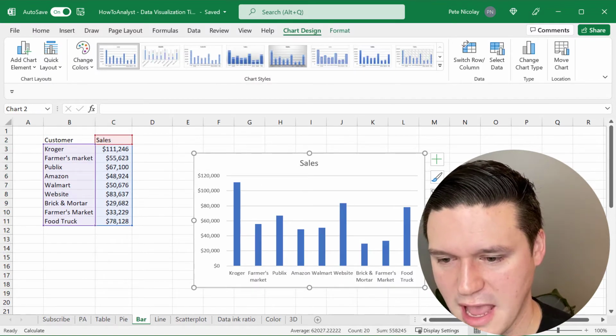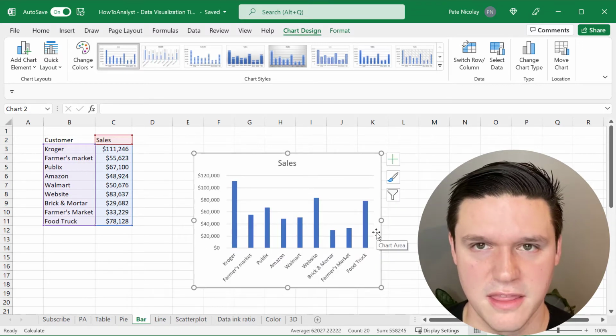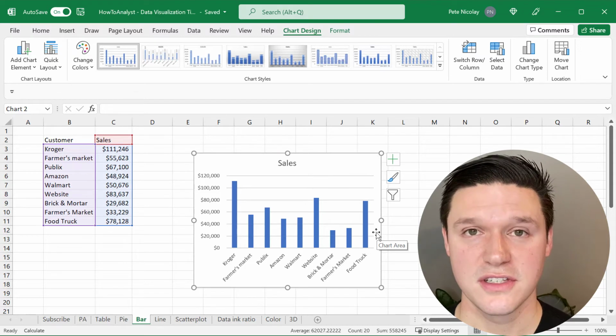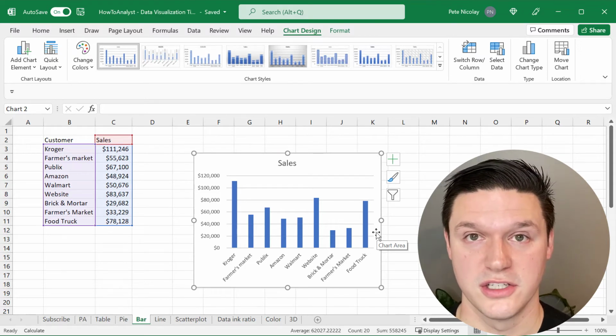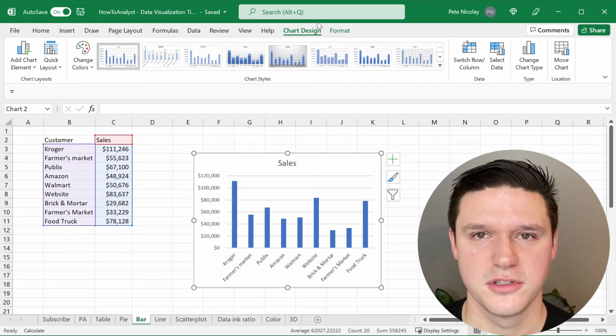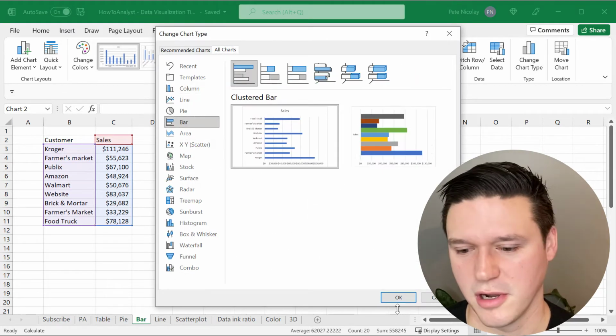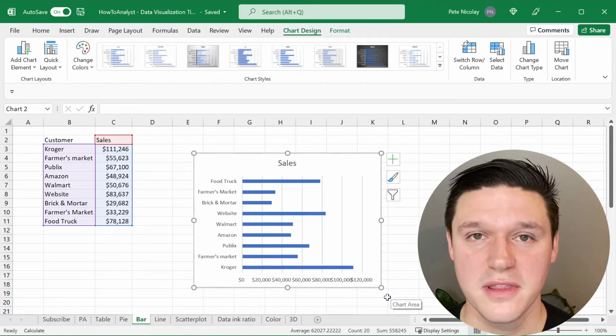If you get into a scenario where you have to rotate the axes labels, that can be really hard to read. It's just as easy to change the bar orientation from vertical to horizontal. You can do that by going up here to chart design, changing chart type, and selecting bar. And this way the labels are easy to read